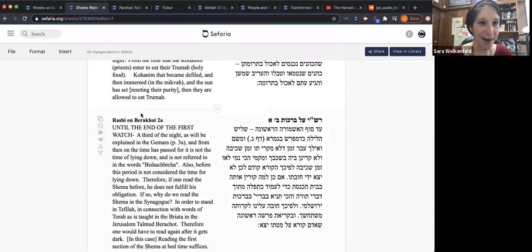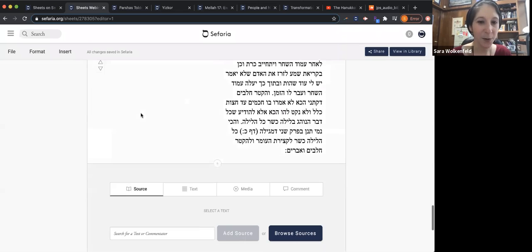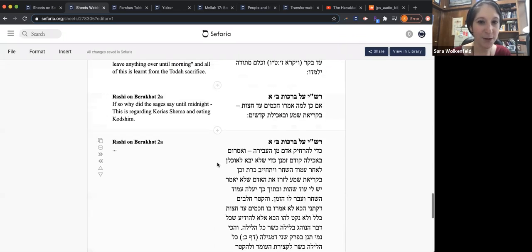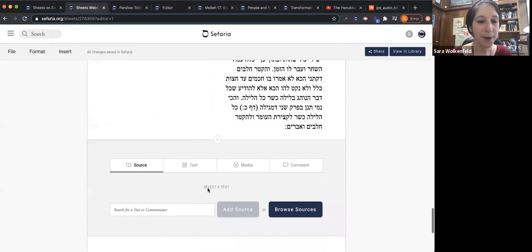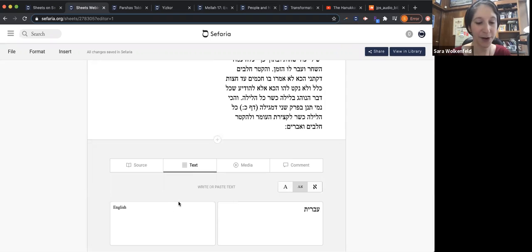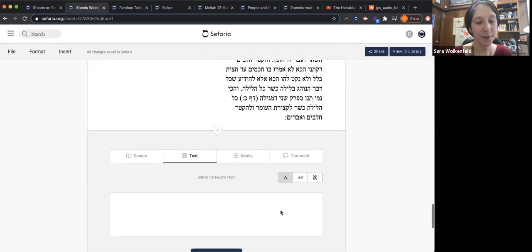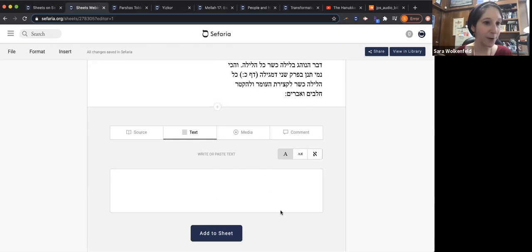As I mentioned, you can also add other kinds of materials. So with the plus button, which again shows up between any 2 sources, you can add a text to Sefaria's source sheets. So anything that you can copy, paste, or type from anywhere else on the internet or on your hard drive or wherever you may be getting it from, you can type in English or Hebrew. The Aleph A buttons will control what language you're using. So this again is for the piece from an article that you want to add, the paragraph from a book that's not on Sefaria. All of those things can be added here in the text box.